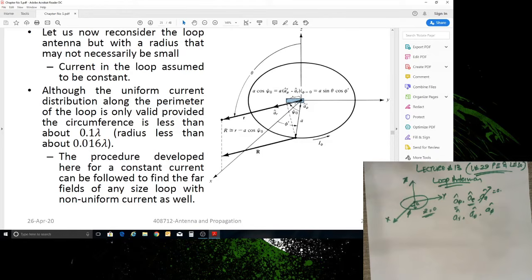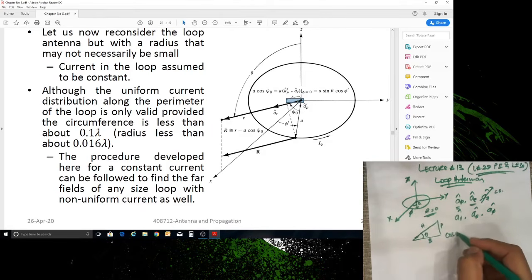So in order to find the length of this segment, what we can do is project a perpendicular from this point on this vector r onto the small r vector. So if we are able to apply trigonometric identities on this triangle, we can actually find the length of this vector. So it's not that difficult. So if we have a triangle something like this, we know that if this is the angle, this is the perpendicular, this is the hypotenuse, this is the base. So if we apply cos of theta here, it is nothing else but